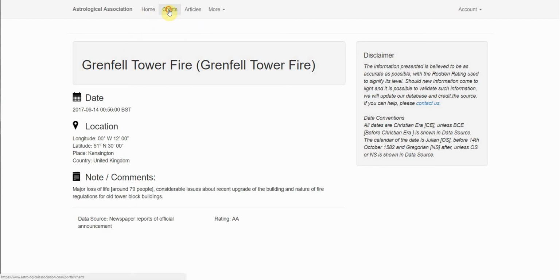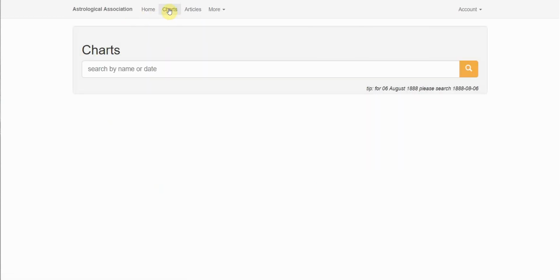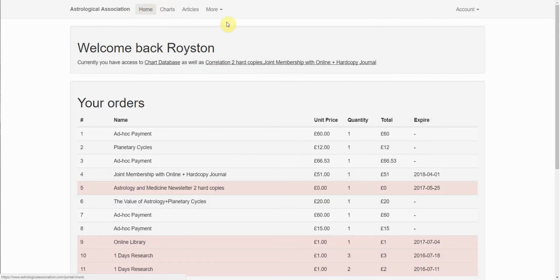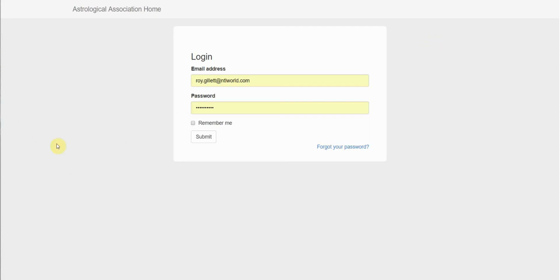So just to finish, when you finish with your data, you click on charts or you click home to get out of it completely, and then of course you log out. Too many words today. You log out and you're back in the password area,